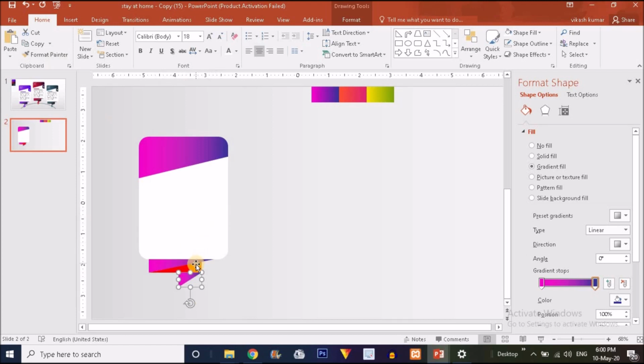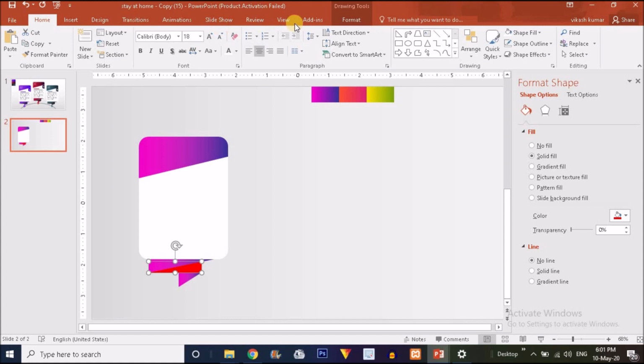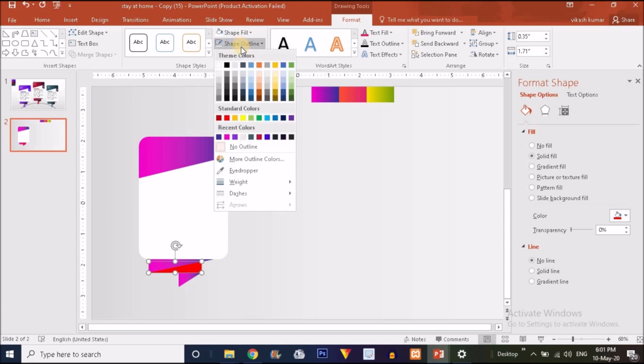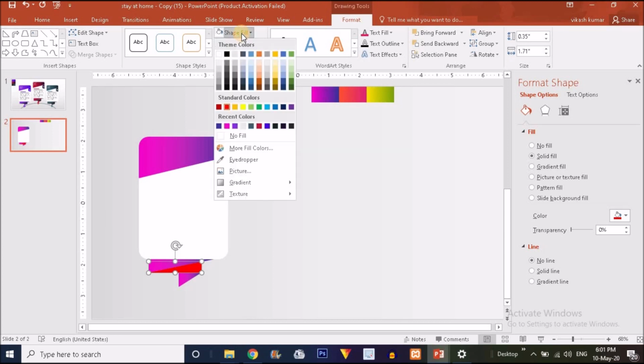Now again choose the Format Painter and put it on this shape. Now for the red part, I'm going to choose another color because it should look like a dark part, so that it will give a wrapped paper like effect. So I'm going to set the shape fill to black or a little bit darker, like yes, this one.